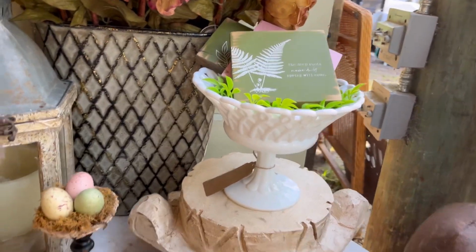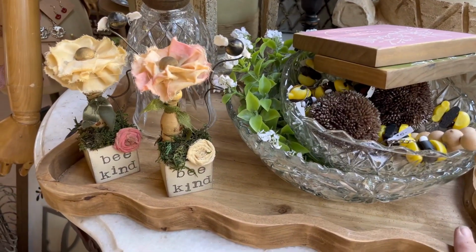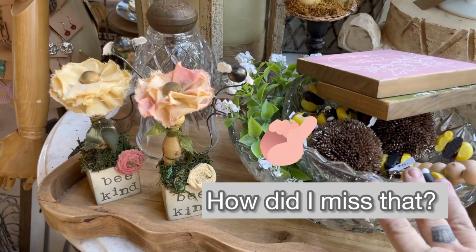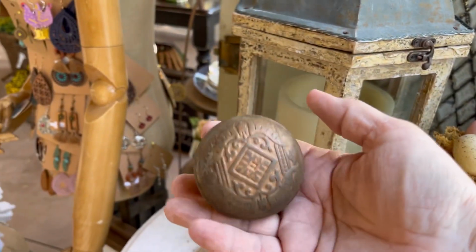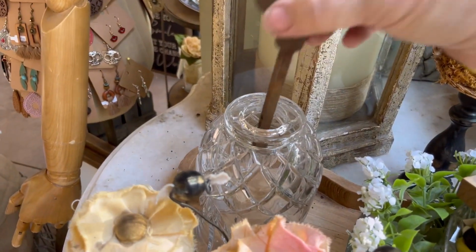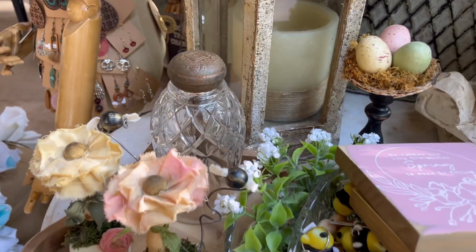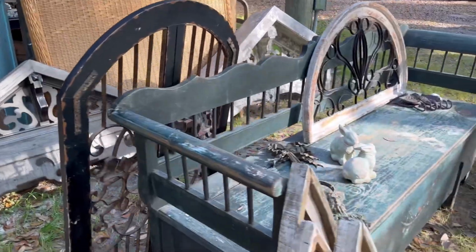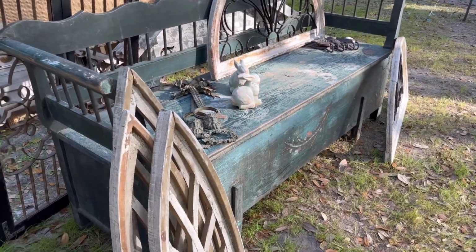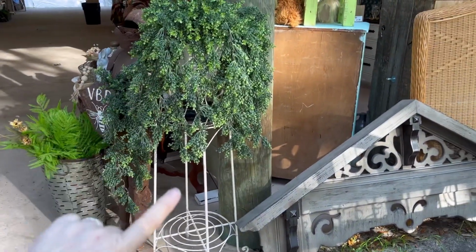So we've got a lovely milk glass container, some risers. Again, showing off that whether your style is vintage, farmhouse, whatever, there's all kinds of ways you can use this. I have this beautiful old doorknob and a beautiful lead crystal light sconce, and kind of using them like a cloche. And then we've got some things out here. So this makes more sense when the other pieces are with it, but again, it's supposed to rain tonight. This was a salvaged piece from our